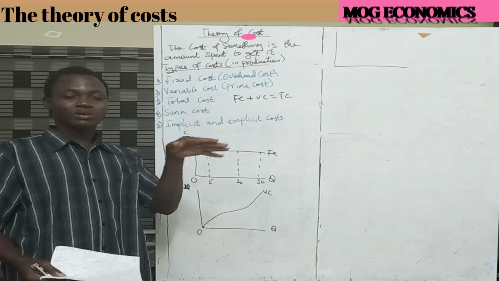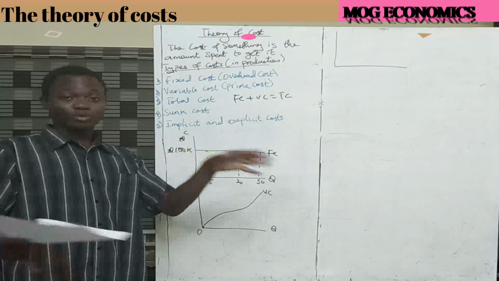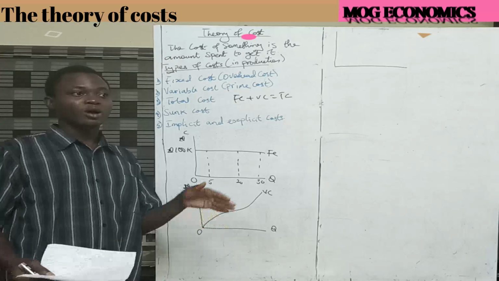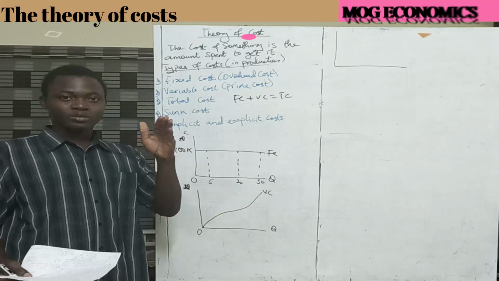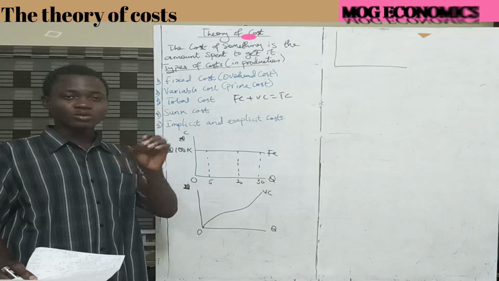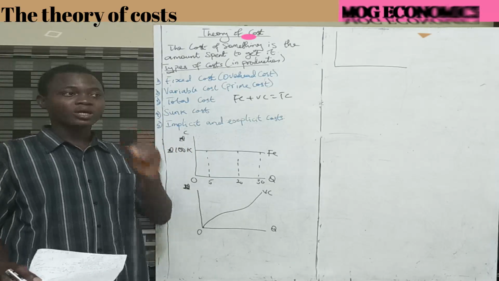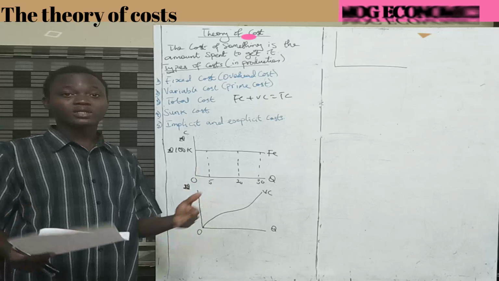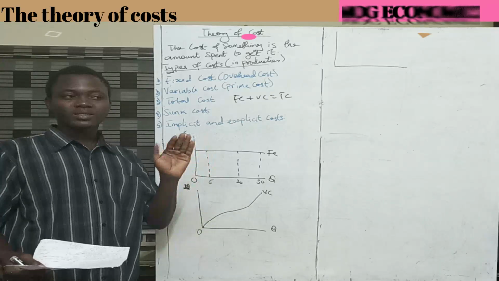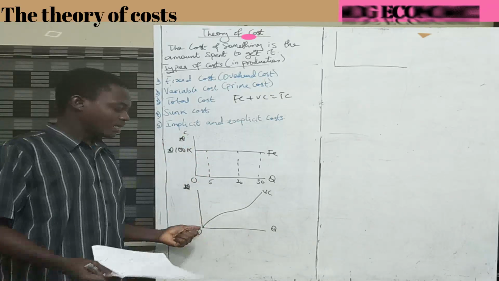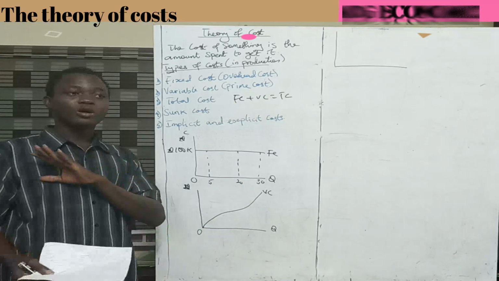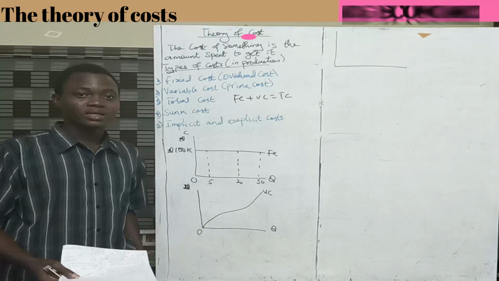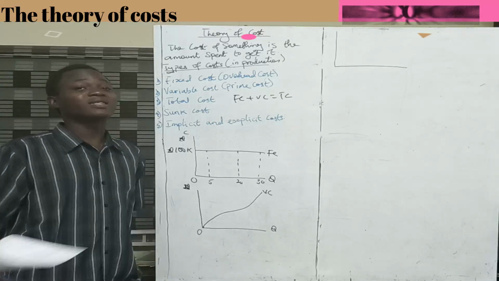Okay, so your marginal cost, where you have excess capacity, as you keep on producing, the marginal cost is going to be rising, but it's rising very small. It's little by little. So that makes your variable cost at the end of the day be rising at a small rate. That's why your curve is kind of gentle. But it gets to a point where your company is utilizing its excess capacity and there's no excess capacity again.